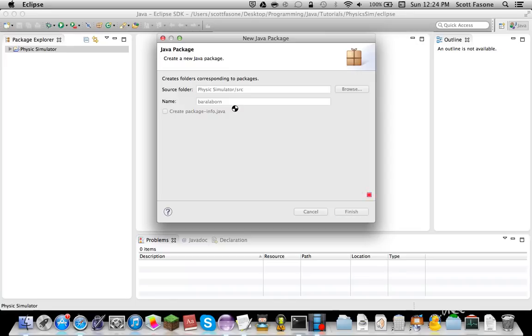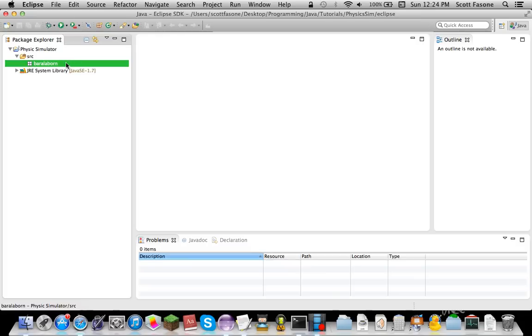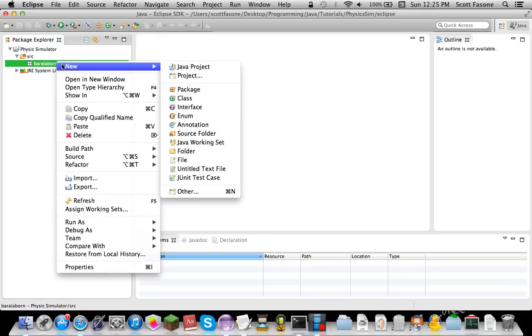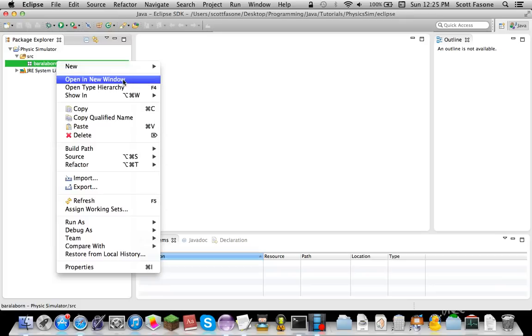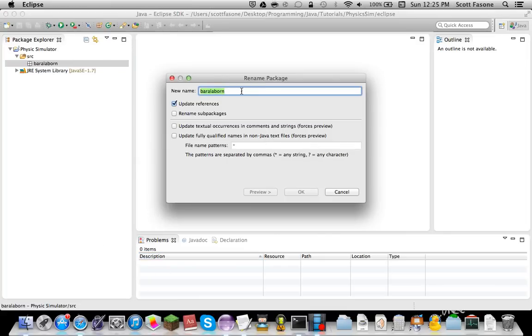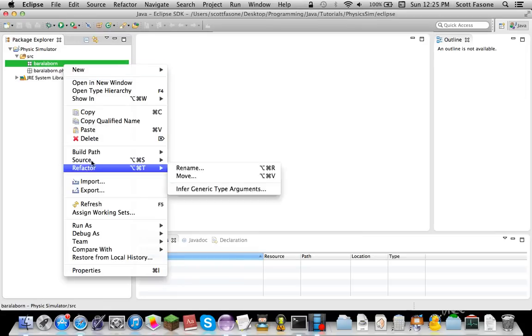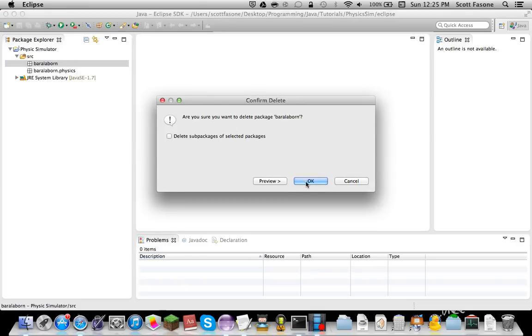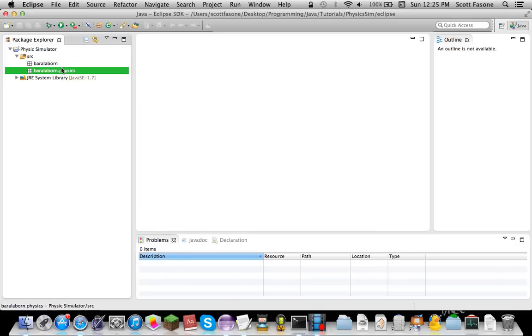Because normally when you do package structures, if you have a website, you would do your website backwards. So if you worked for Google, your package structure would be com.google dot whatever thing you wanted. But I don't have a website, unfortunately. So if you don't have a website and you don't have any other moniker that you use for making package structures,